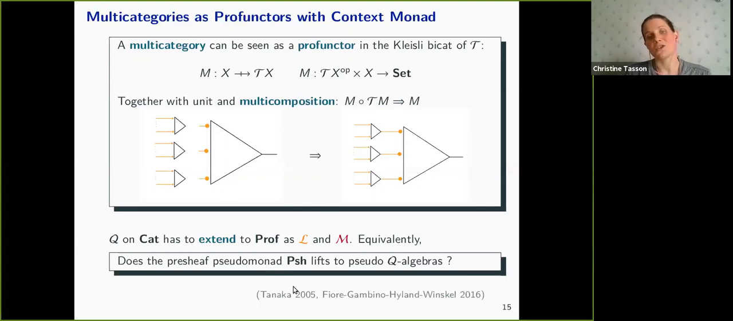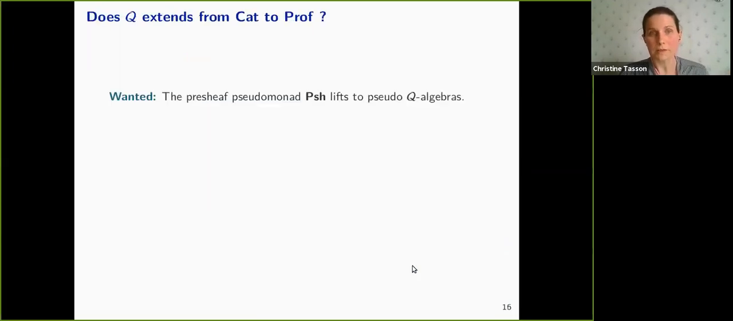I can use the pseudo-distributive law, which says that to know that Q extends from Cat to Prof is equivalent to proving that the presheaf pseudomonad lifts to pseudo Q-algebras. Okay, and that is work in progress. What we want to do is to prove that the presheaf pseudomonad lifts to pseudo Q-algebras. So if I take a Q-algebra, I apply to it the presheaf pseudomonad, and I want to prove that I have a pseudo Q-algebra,